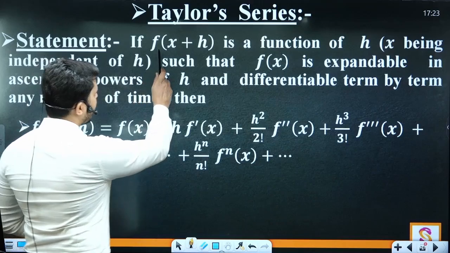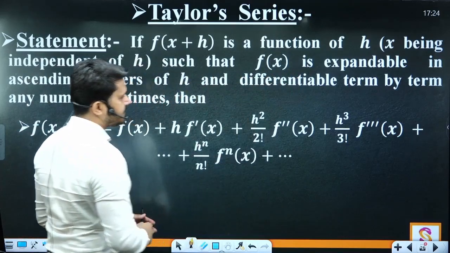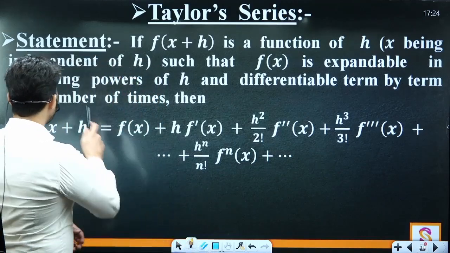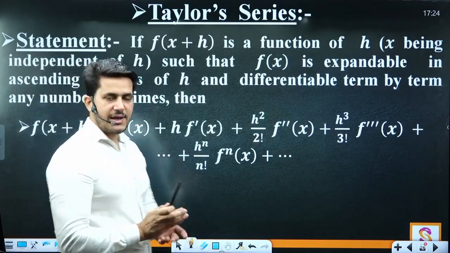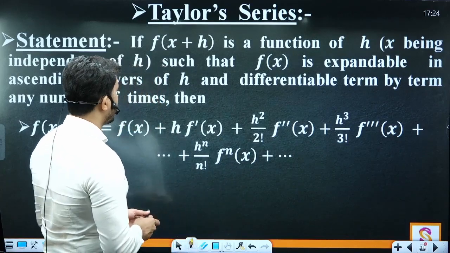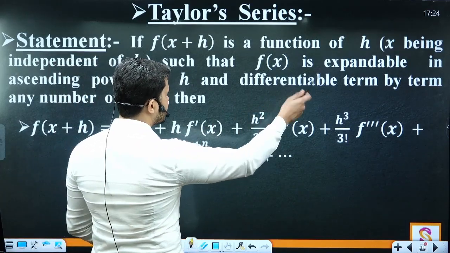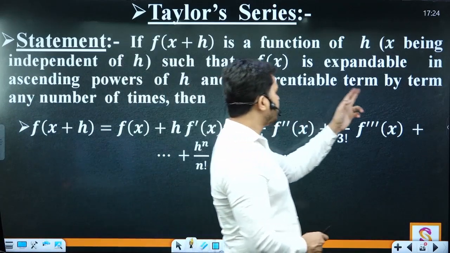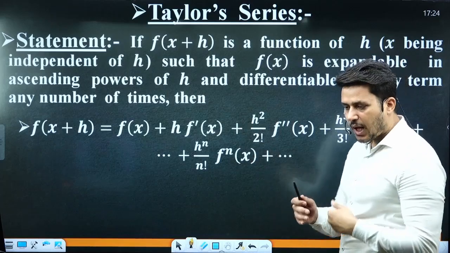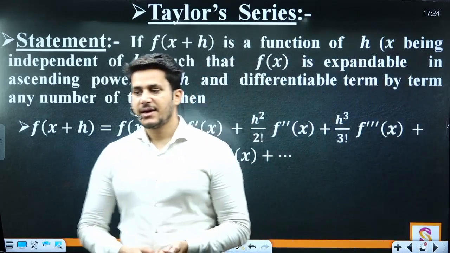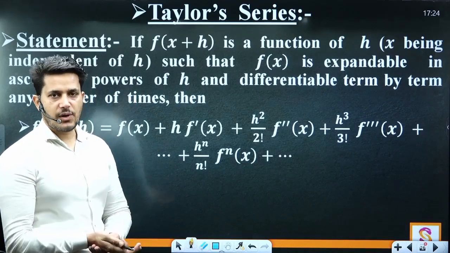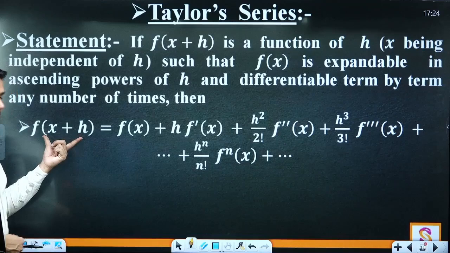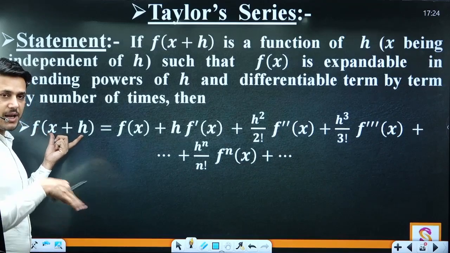स्टेटमेंट: If f(x+h) is a function of h, x being independent of h, यानी x और h में कोई रिलेशन नहीं है, वो एक दूसरे से इंडिपेंडेंट है, such that f(x+h) is expandable in ascending powers of h and differentiable term by term. Means आप उसका सक्सेसिव डिफरेंशिएशन कर सकते हैं, एक बार डिफरेंशिएशन, दो बार डिफरेंशिएशन and so on, term by term, any number of times. Then f of x plus h can be expanded,